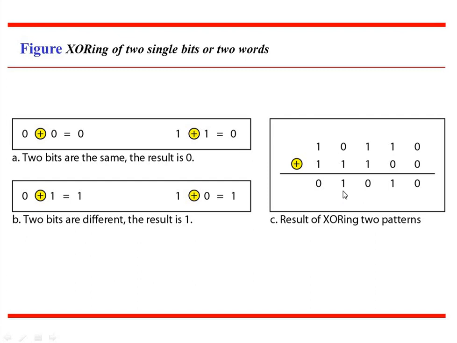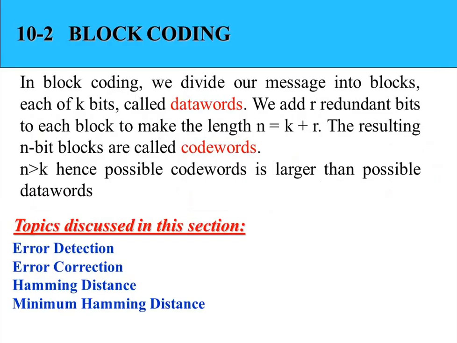So if I take this one as code A and this one as code B, then code A and B differ by 2 bits. This is the 4th bit, and this is the 2nd bit, where A and B differ from each other. This will be helpful in some of the coding techniques. This is called the Hamming distance, which we are going to see.